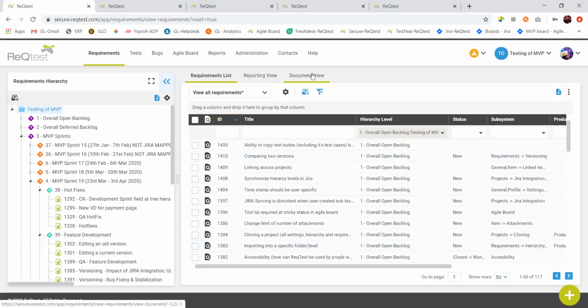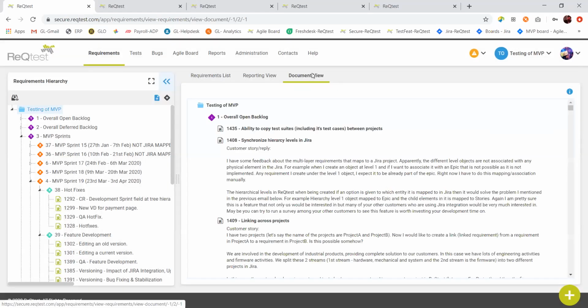Another very good solution that we have for structuring data is this section called document view. If you are a product owner, a business analyst, or even a design lead who doesn't want to go into the complete workflow and just wants to quickly come into the system, create a requirement, and be done with it, this is how we have created a requirement. So these requirements,